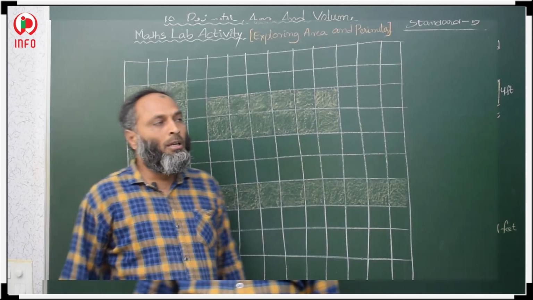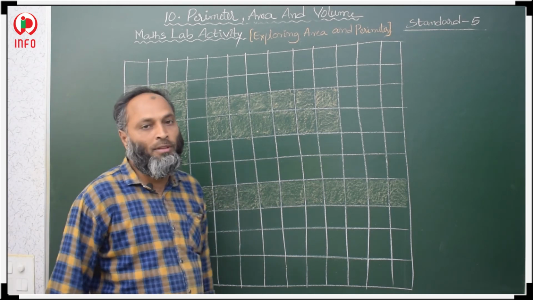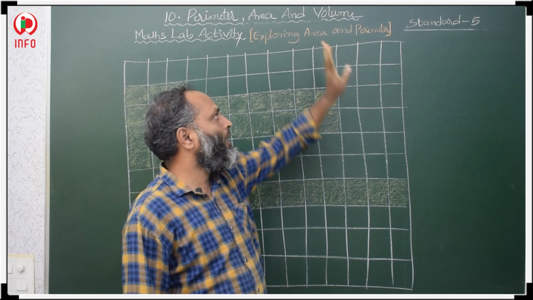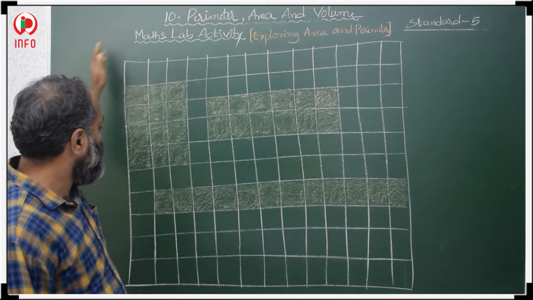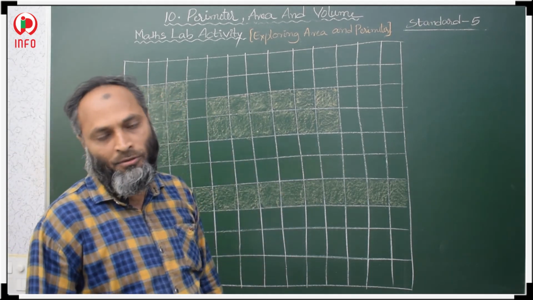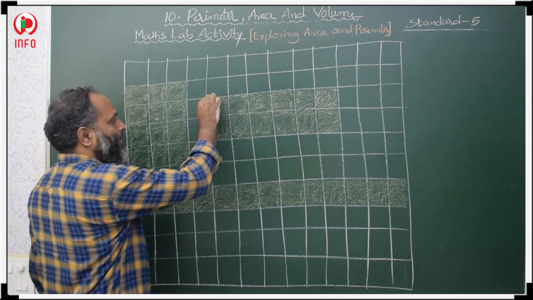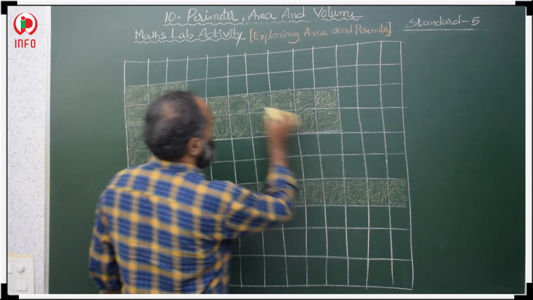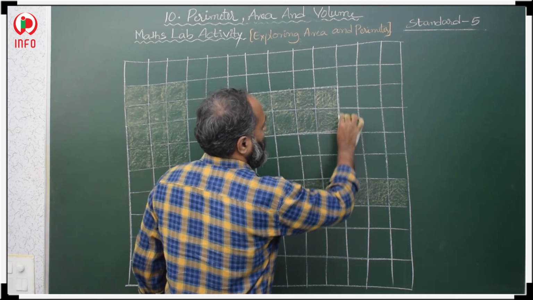Okay. Now see here. Now in the lab activity, what is the main aim of this lab activity? The main aim is to explore area and perimeters. So now you take some rectangular boxes. Some means 100, so 50 rectangular boxes you have to take. Then after that we have to shade some rectangles. So this is one rectangular portion we shaded, and we have to find the area of this rectangular portion.